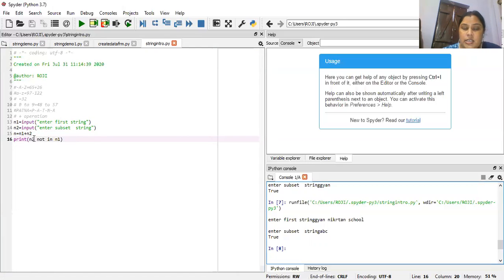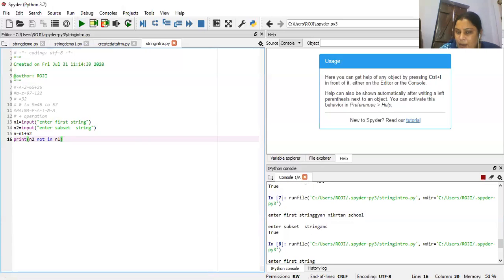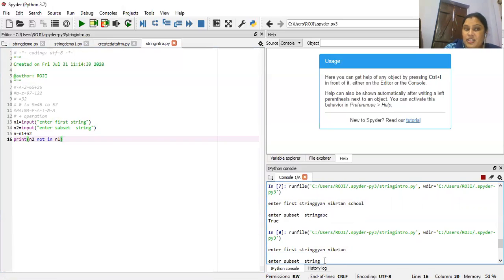So this subset string will be searched in the n1 string, that is, whether the n2 string is present in the n1 string. Now again I execute the program. Suppose the value entered is Gyan Niketan and the value to be searched is Gyan.